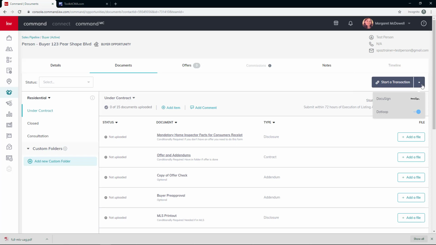So I'm going to start a loop here. I'm going to hit .loop. And this is going to change, and you're going to see what it changes to: go to transaction and sync transaction. What this did basically is create a loop for me in .loop under the same name as my opportunity: Test Person, buyer, 123 Pear Shaped Boulevard. So if I hit go to transaction,